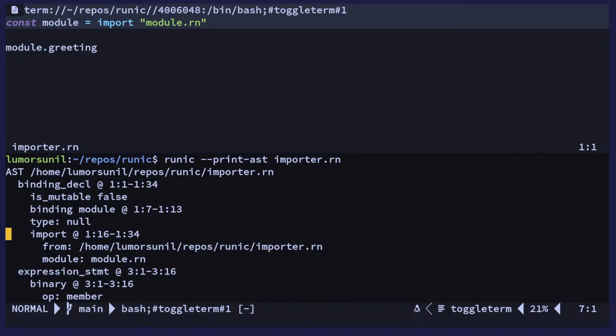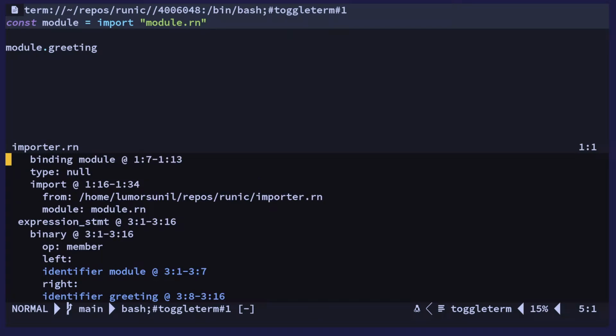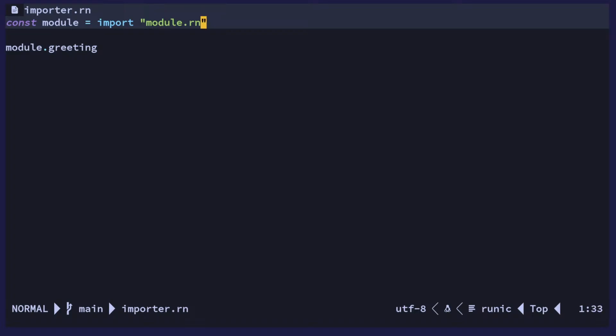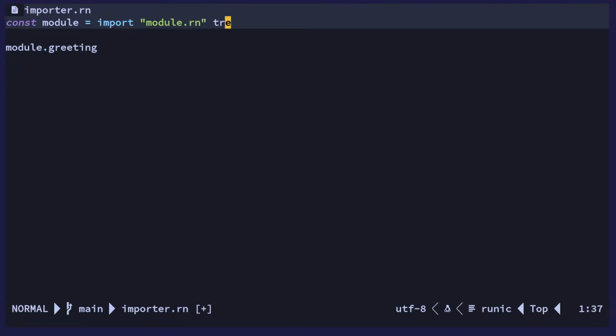Then we have an import statement from this place, and then the module imported is module.rn. Now we don't actually have the arguments in the print here, so we can't see them, because we haven't actually added an argument here. But if we go over here, we can see we have a boolean argument. So if you say true here,